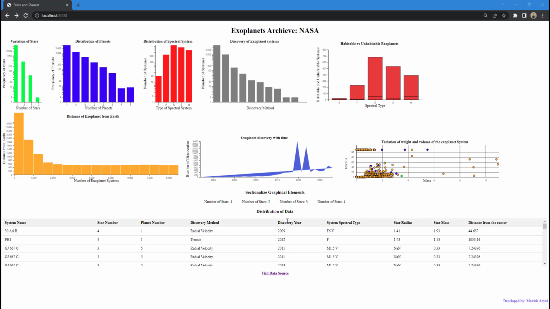So I just wanted to give a quick demo of the tool that I developed for your class project one. The tool worked around discovering the Exoplanet archive that was given to us as a CSV file. If you see the first table, I discussed the number of stars and the different frequency of the